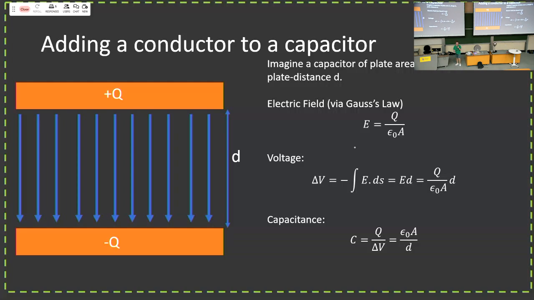Well, look, are we going to derive the capacitance of this parallel plate capacitor again? No, it's the same thing. We did it before. We find the electric field, it's Q over epsilon naught A. We find the voltage, that's just that multiplied by D. And we find the capacitance, which is just upside down of the voltage, and then get rid of Q. We did that like 30 minutes ago. So that's that, right? Now, what will happen